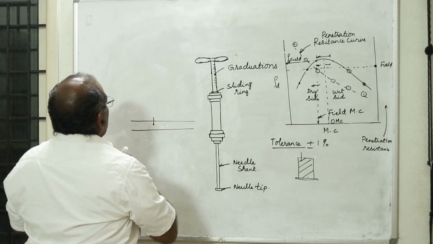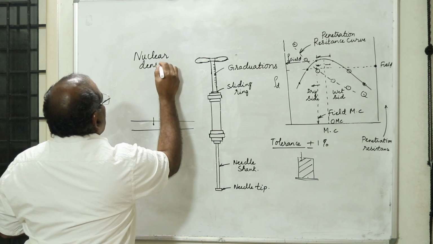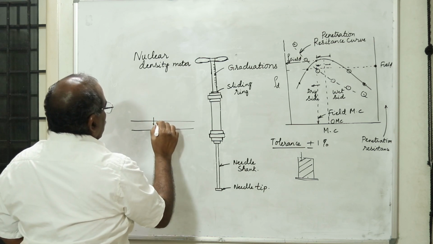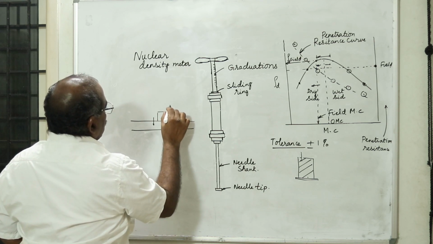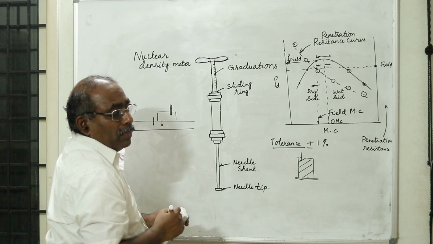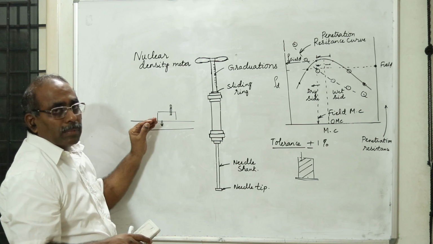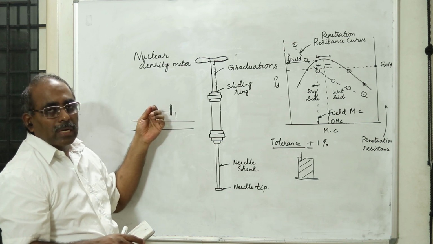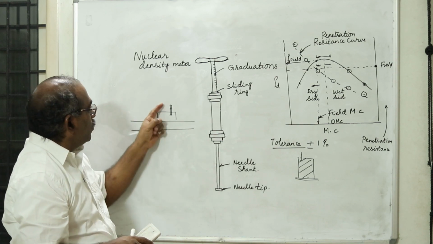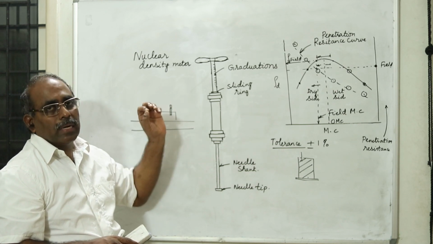Whenever I do it, I use a nuclear density meter. The nuclear density meter is a very costly piece of equipment, but very precise. It is handheld equipment with a handle and a meter. When I press it, it sends out radioactive waves, and since it has been calibrated, you get your readings directly as digital information. You get your moisture content and your density very easily. But for using this equipment, the first thing is the cost, and the second thing is the expertise.